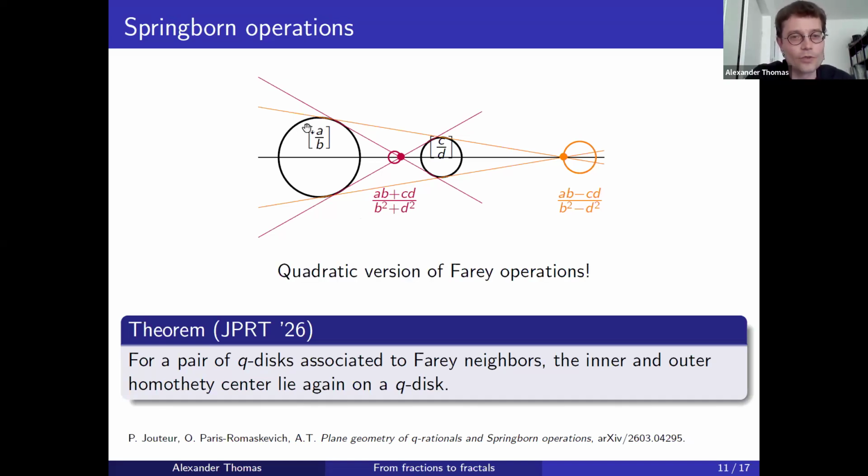So what you do is somehow you take this A over B and you multiply numerator and denominator by B. You make it bigger, AB over B squared. Again, the same for the other ones, CD over D squared, and then you add them up. Kind of curious, right? So we coined this operation the Springborn operation because in some other work by Boris Springborn,